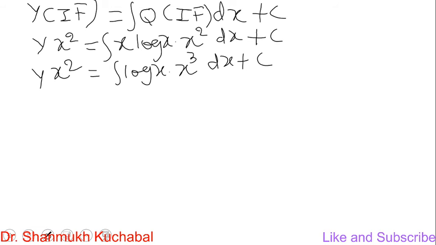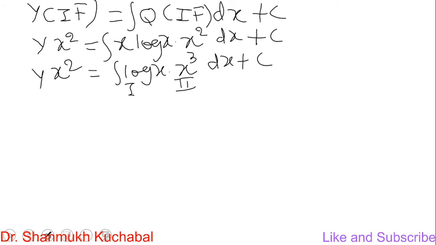We have to use integration by parts for this integration. That is, first function as it is, integration of the second function, minus the integral of the differentiation of the first function times the integral of the second function, once again integrated with respect to x. So we have the ILATE rule: first we give inverse trigonometric functions the first preference, and algebraic functions the second preference. So this is the rule.